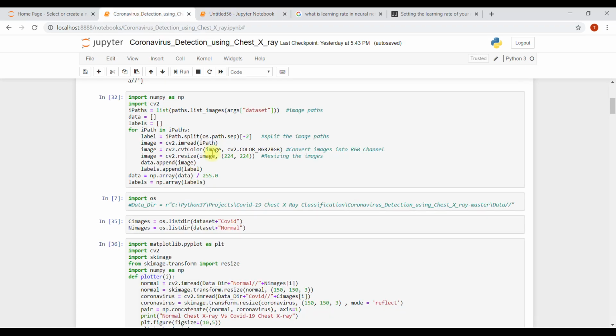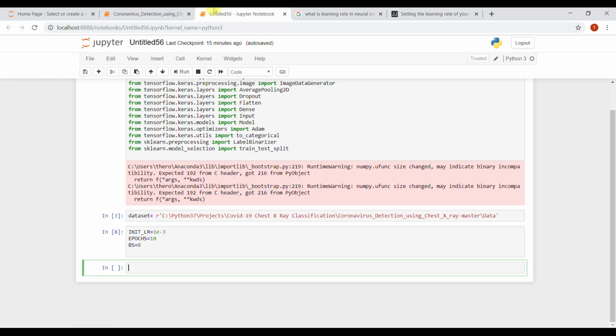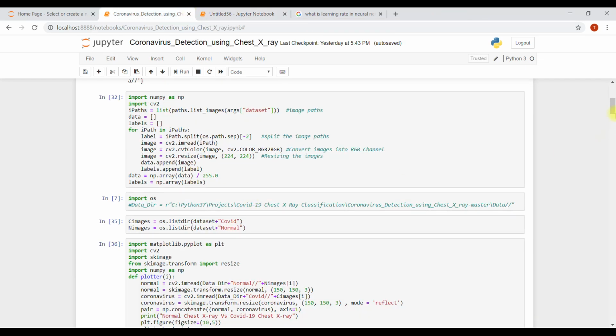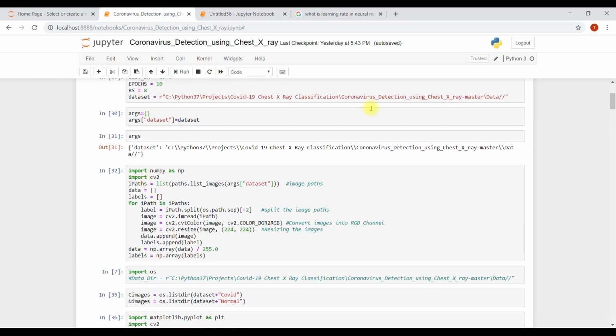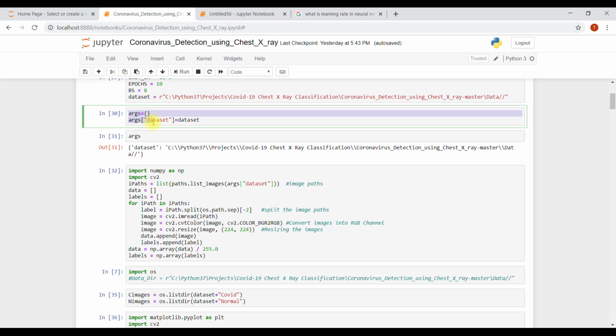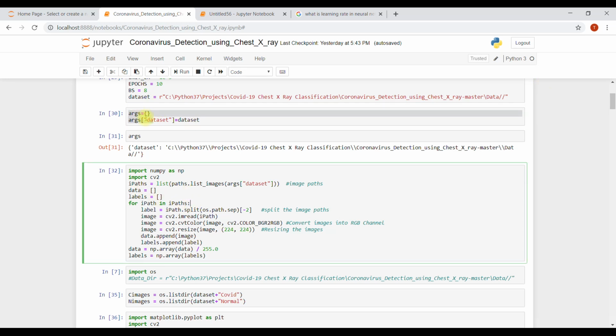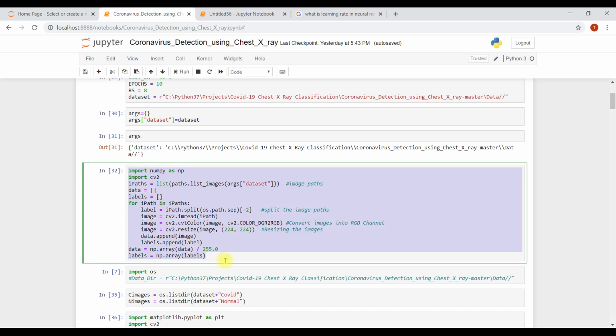Now the next thing is, we have imported our data set here, but we need to extract the data. I will come to what the function means and what we are doing here.